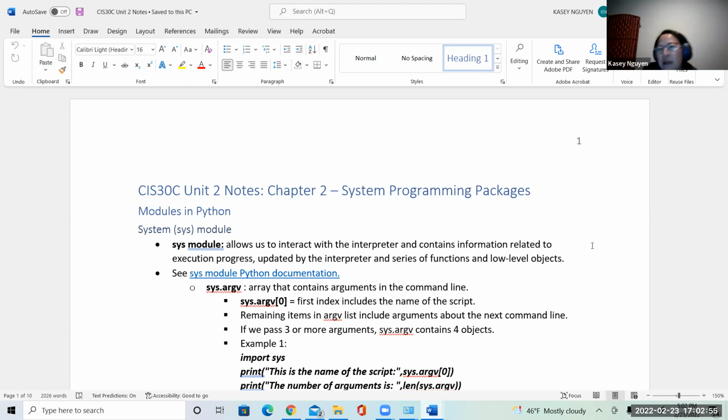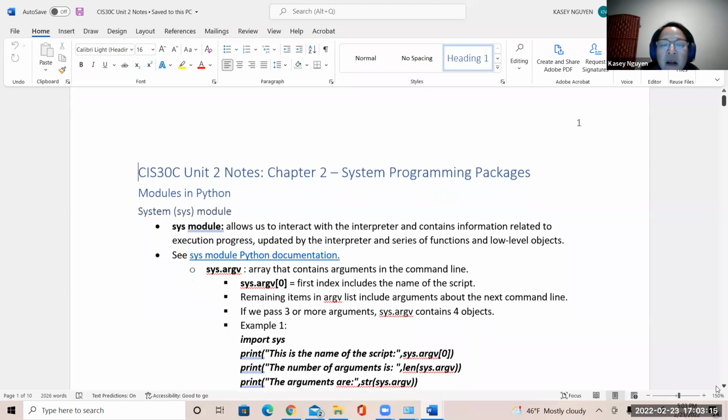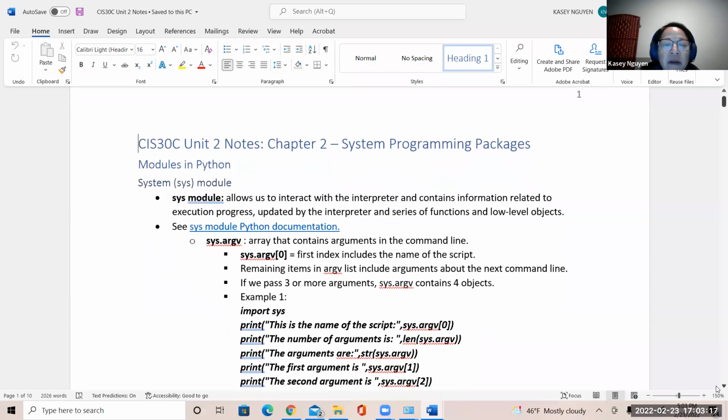I think where we left off in chapter 1, we touch on what a module would be. So simply a module is just a Python file. You can customize your own module, or you can simply use some of the pre-created either from Python or from another developer to be able to pursue your objective